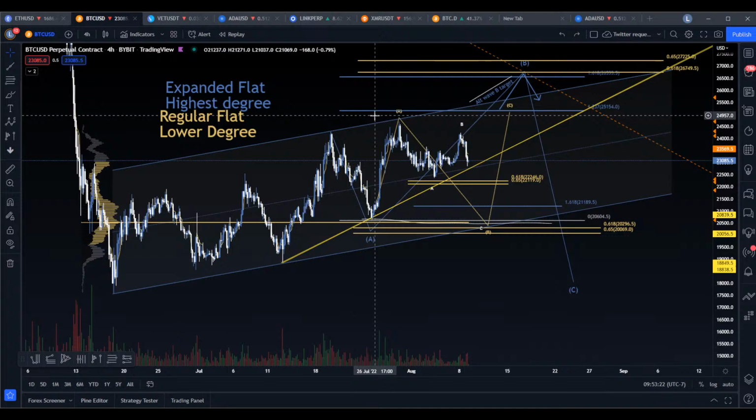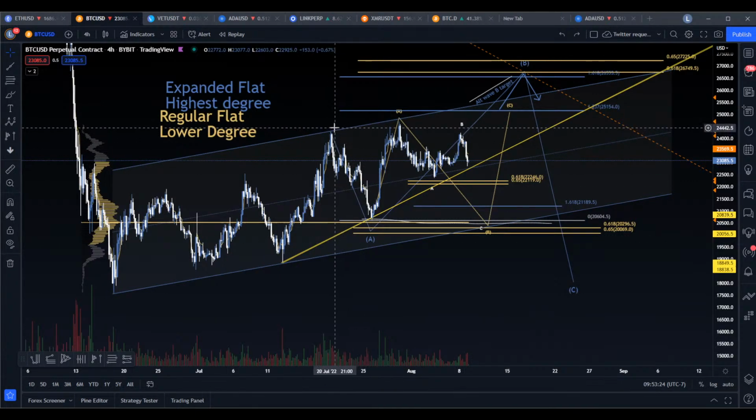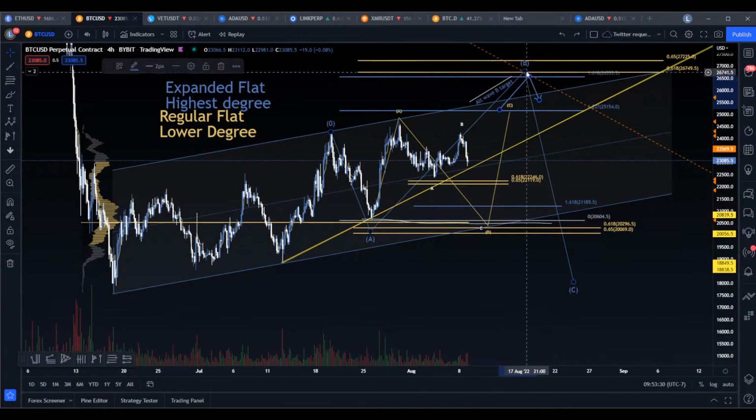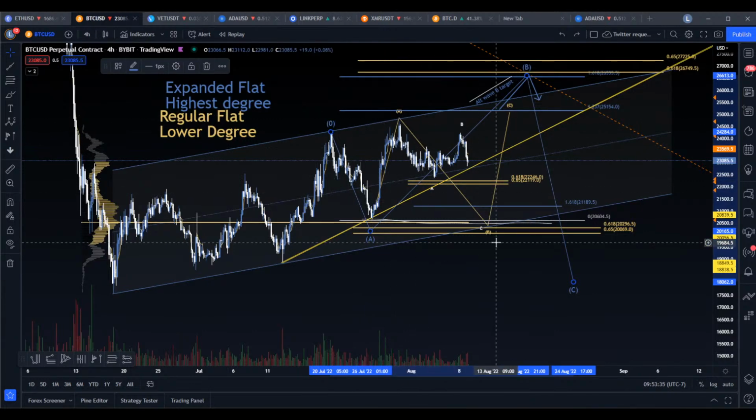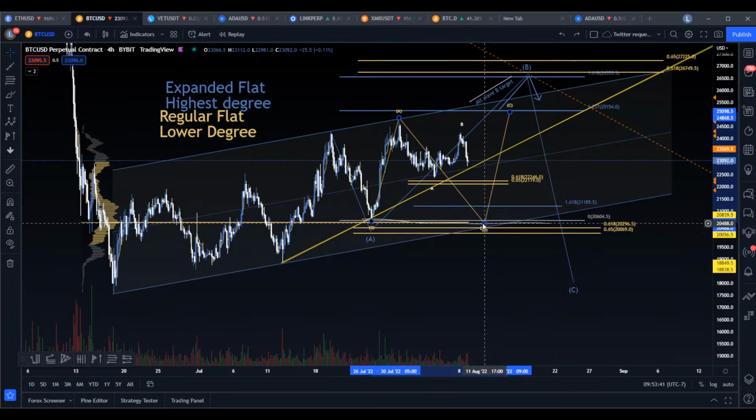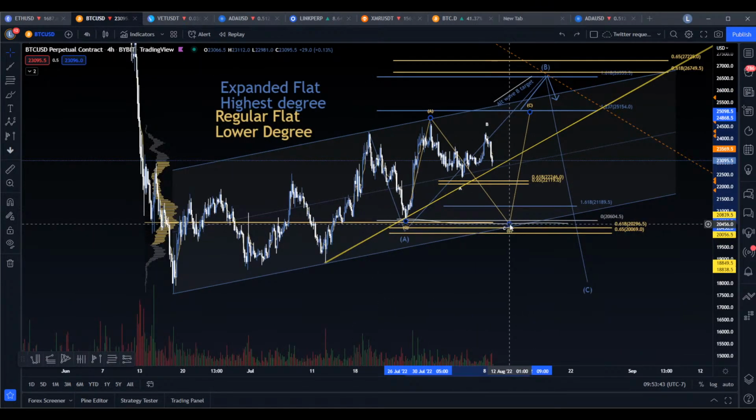And what I wouldn't mind seeing is an expanded flat into a big A, B, C, where the B could come here, or here. But within that, we have a lower degree ABC. And here, as we are forming our B wave, we have an A, B, C down to our B target. And the reason this target is nice, and I'm not saying we will get it, I'm just saying if we get it, I'm